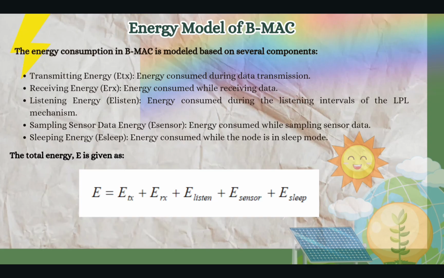The energy model of BMAC. The energy consumption in BMAC is modeled based on several components. The first one is transmitting energy, energy consumed during data transmission; receiving energy, energy consumed while receiving data; listening energy, energy consumed during the listening intervals of the LPL mechanism; sampling sensor data energy, energy consumed while sampling sensor data; and sleeping energy, energy consumed while the node is in sleep mode. The total energy E is given as